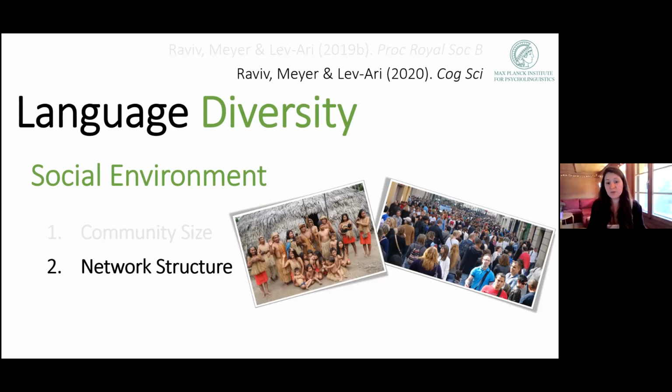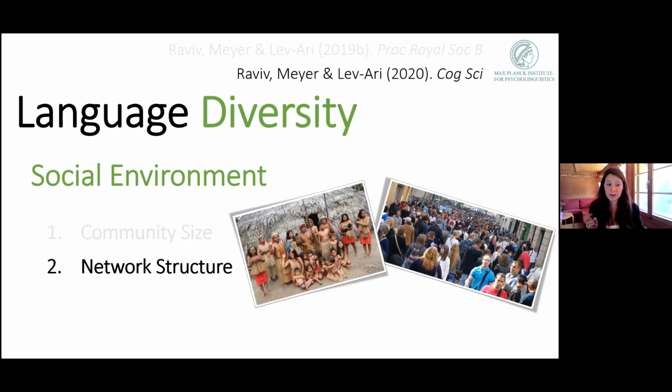In the previous experiment I showed you, all groups were fully connected. Everybody spoke to everyone. But in the real world, this is really rarely the case, right? We are living in much bigger societies that are typically more sparse. Some people in our community would never meet. They would never interact. And still, variations spread with everybody. So that's a real puzzle. And also not everybody's equally connected, right? Some people interact with many other people and others are a bit more isolated. So I wanted to look at these things.